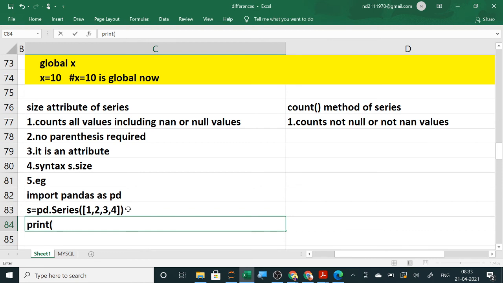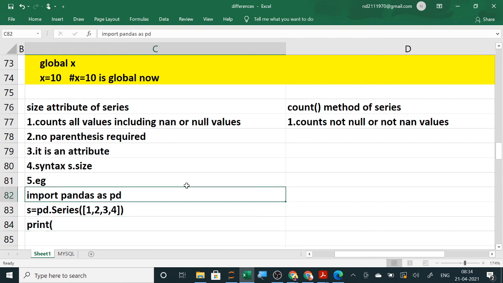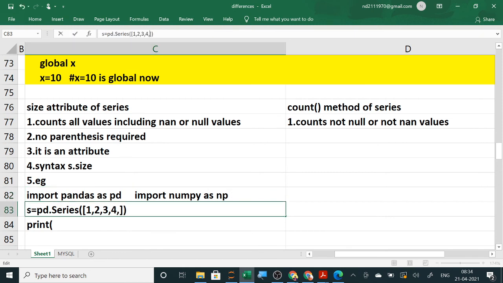In both cases it will show 4. For one NaN value, I have to write import numpy as np, and here one NaN value, np.nan.